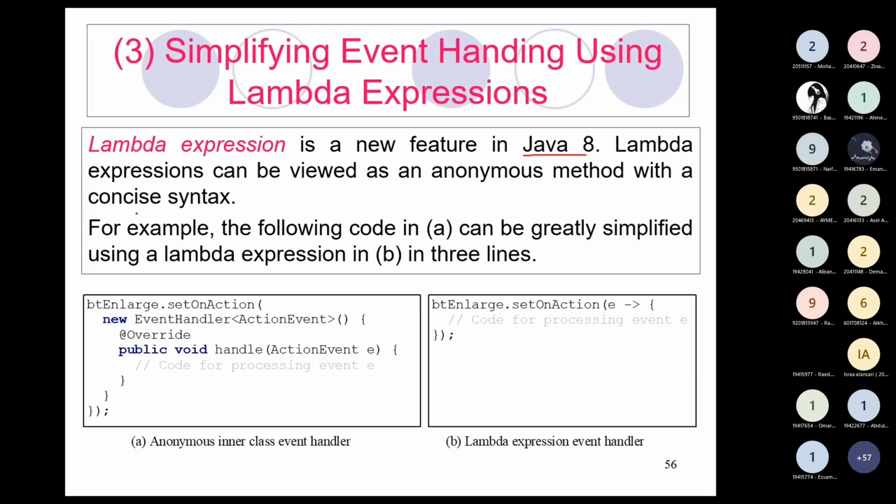Do you see how we can create it? So this is the name of the buttons, the variable name. Set on action here, the registration method. Then we open parentheses, we put an E, then an arrow, and we open curly brackets, and we put the code inside it. As simple as this. So let's see it again